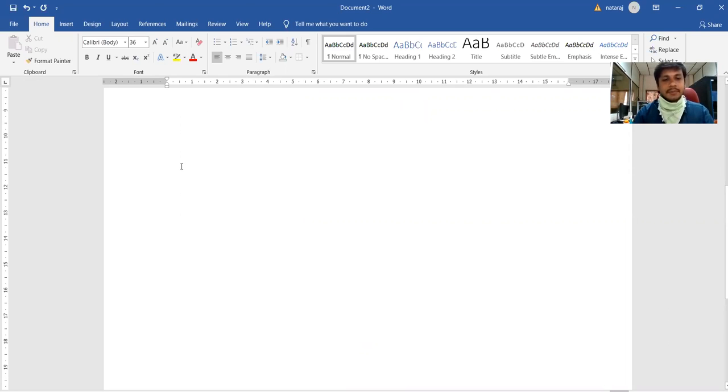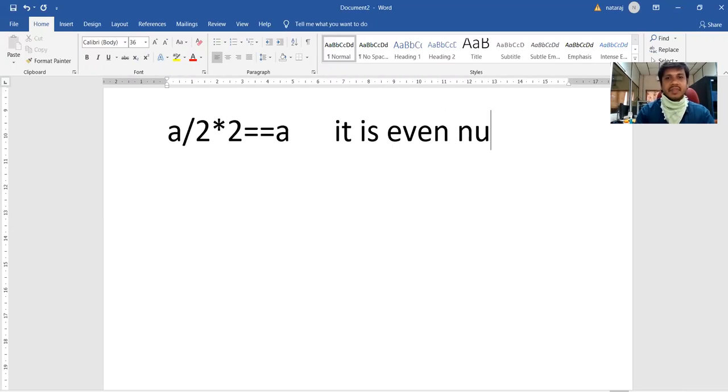What I'll do is A by 2 into 2 is equal to A. If this condition is satisfied, it is an even number. Else it is not an even number.